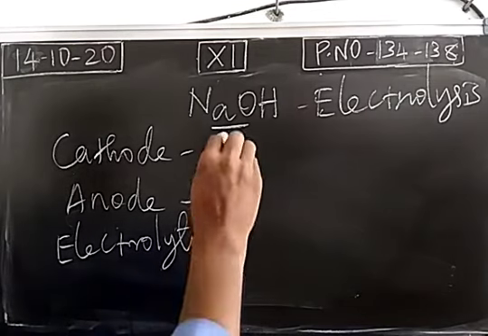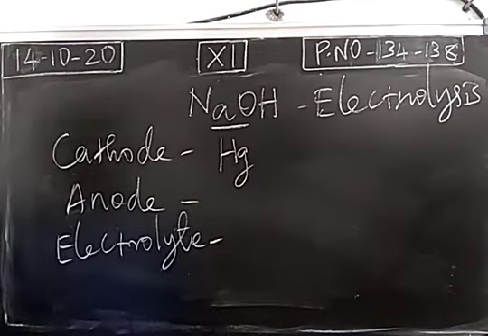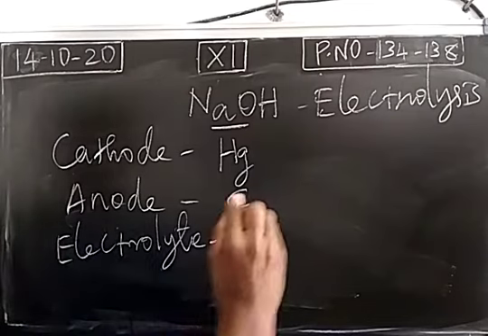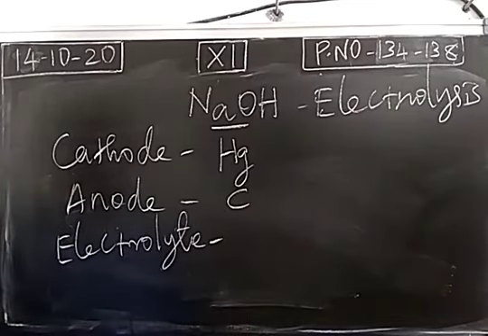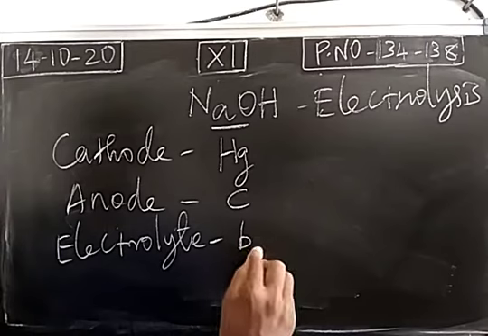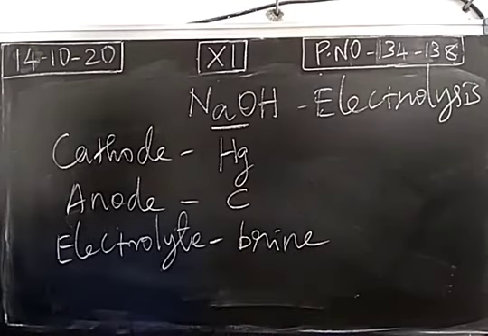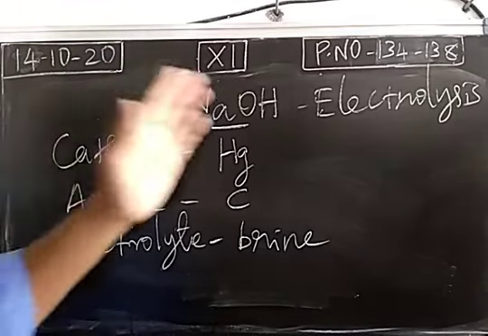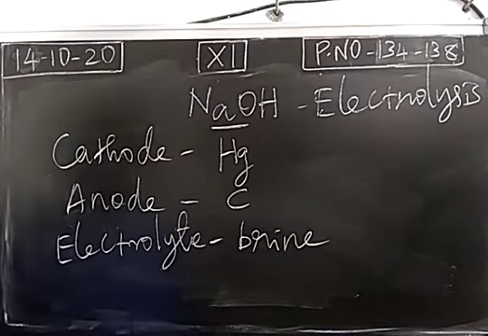The cathode will be mercury, and we take carbon as anode, and the electrolytic solution is brine solution, sodium chloride solution. So we construct a cell using the mercury, carbon as well as sodium chloride solution, and this cell is called